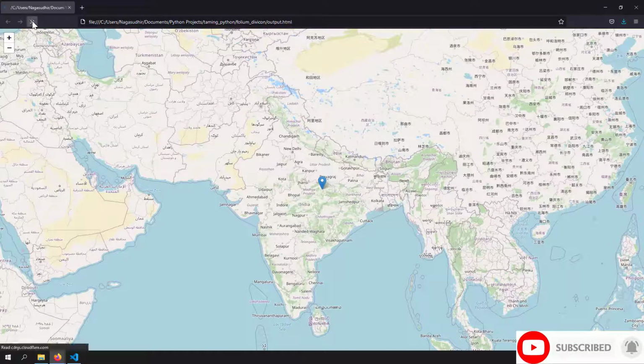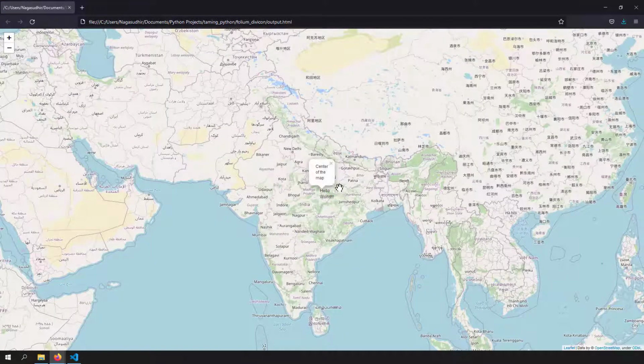If I reload this, you can see our marker is here, and instead of a marker, you got the desired effect which is showing HTML, and here we have written hello world, right? So great. But now I want to style this hello world. I want to make it look bigger, and I want to make it red color. So how can I do that?